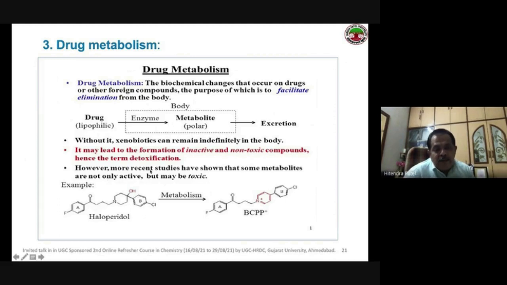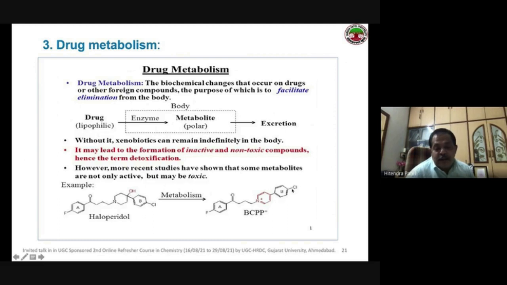However, more recent studies have shown that some metabolites are not only active, but they may be toxic. For example, if we take a drug molecule such as haloperidol, and the metabolism process takes place in the body, you can see that changes occur. Here we have complete aromatization. Here we have the plus charge, and you can see that the double bond is formed with the plus charge on this nitrogen, and we eliminate this